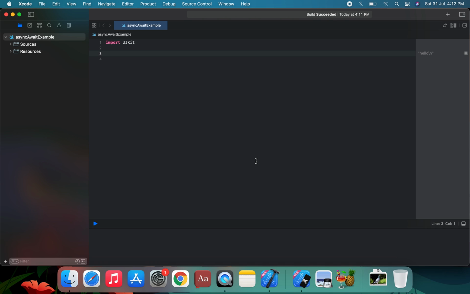First, suppose we have the WWDC update in use, and the problem statement is using callbacks, closures, and dispatch queue groups. First we're going to create this closure application in this UI: fetch two integer numbers, find the maximum number, and upload it to the server. So first is using closures, which leads to async callback hell.